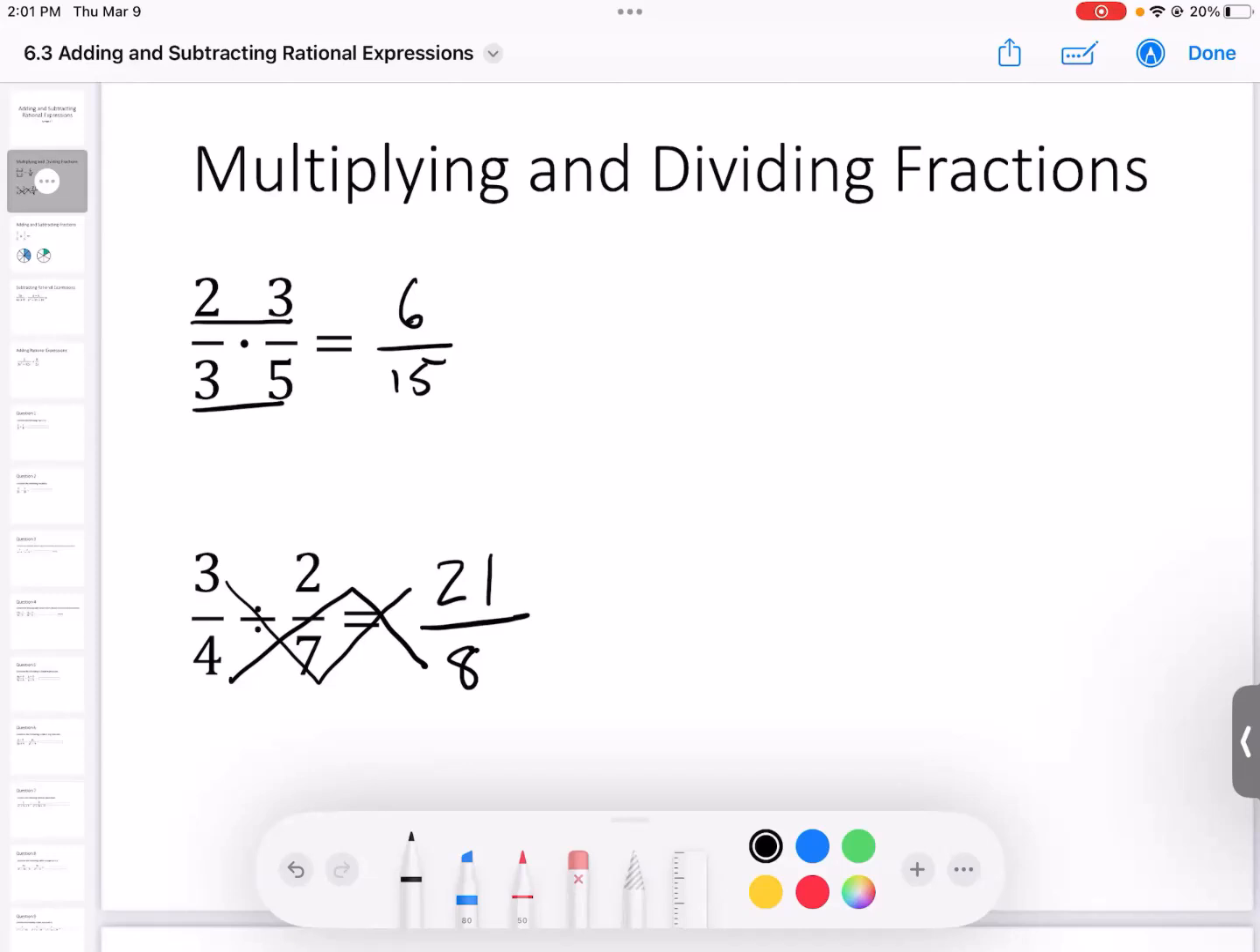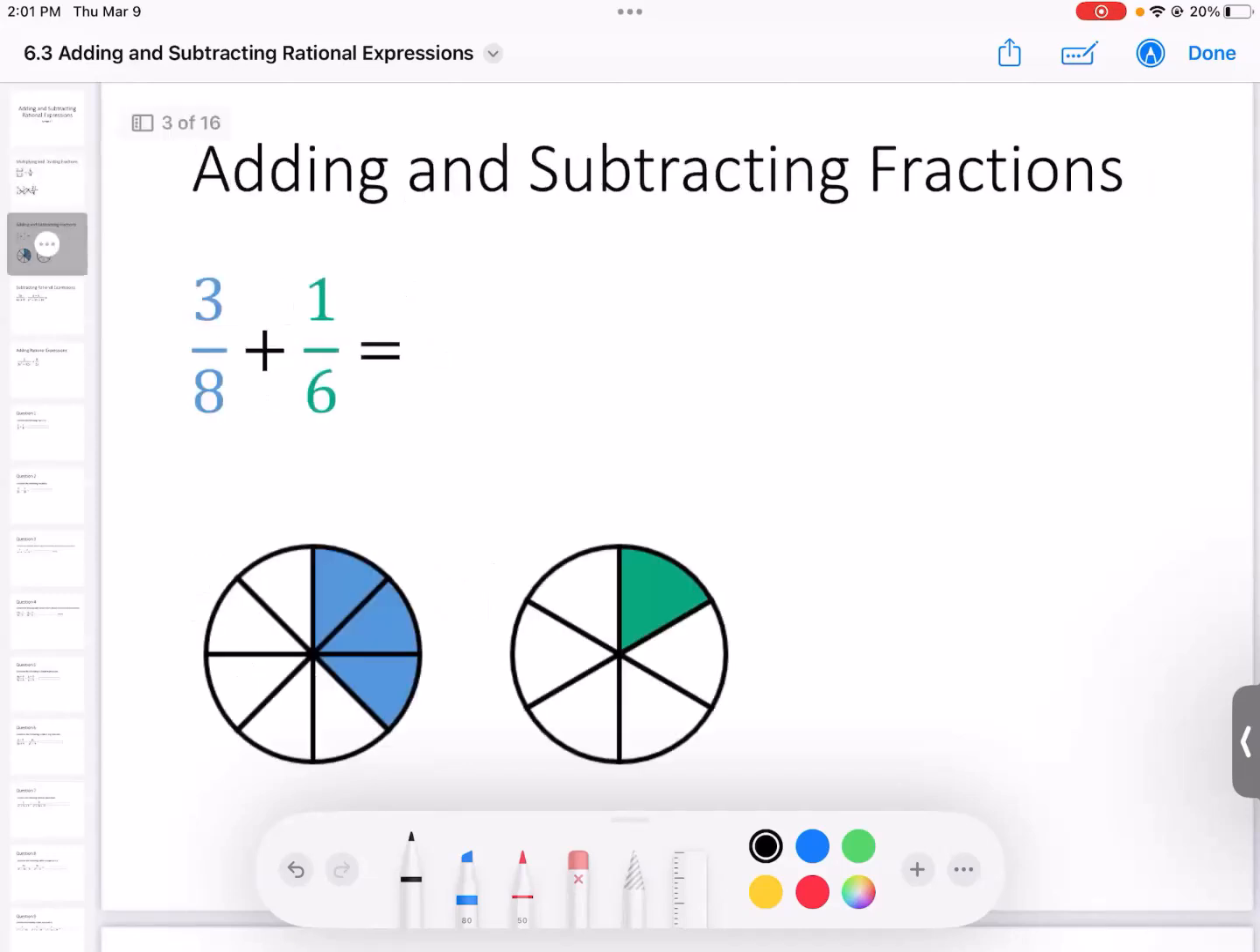When you're adding and subtracting fractions, though, you don't add the bottom parts of the fractions together. What you do instead is you find common denominators and then you combine them together. So the reason why you have to do this is because if you have 3/8, you could represent it with a picture like this, and 1/6 looks like this. And if you want to combine these together, you can't combine them until the pieces of the circle are the